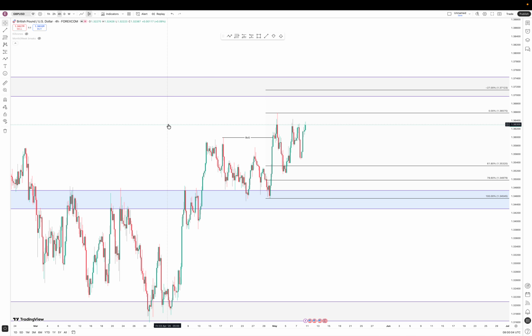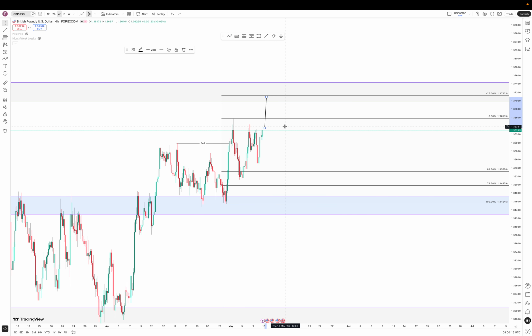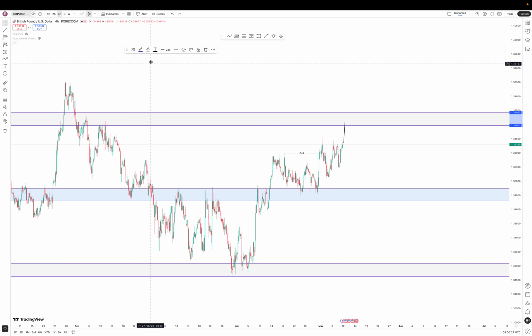Currently there's nothing to do on GBP/USD except waiting for a new break of structure. If I see a break of structure to this zone, well, honestly, you have to be very careful now on this GBP/USD price action currently, because you know that this resistance bar here, this ash bar, okay, hold on, let me change that bar to yellow bar. That yellow bar there is a strong